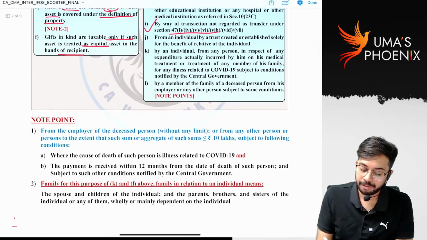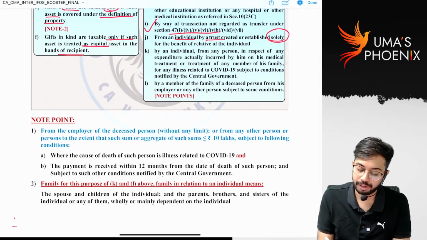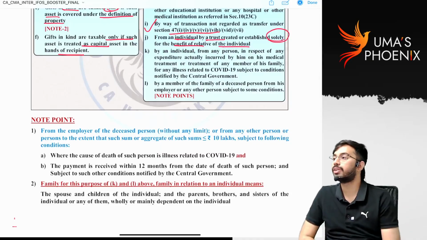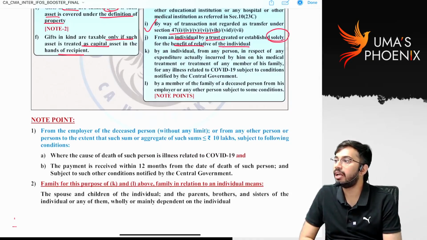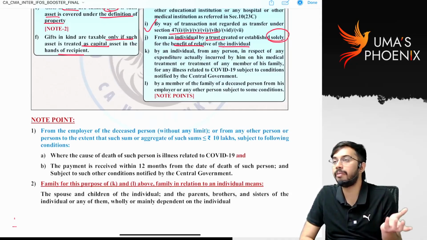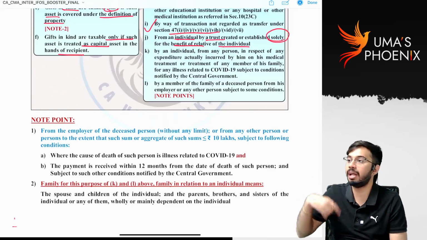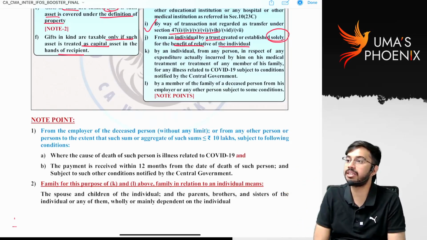If a gift is received from an individual by a trust created or established solely for the benefit of a relative of the individual. So let's say an individual loves his mother so much. In the name of his mother he started a trust. Whatever properties he has, land and building, he transferred in the name of the trust, and the trust was created solely for the benefit of the mother, a relative of the individual. So to that trust, even if any property is transferred, such a gift is not taxable,